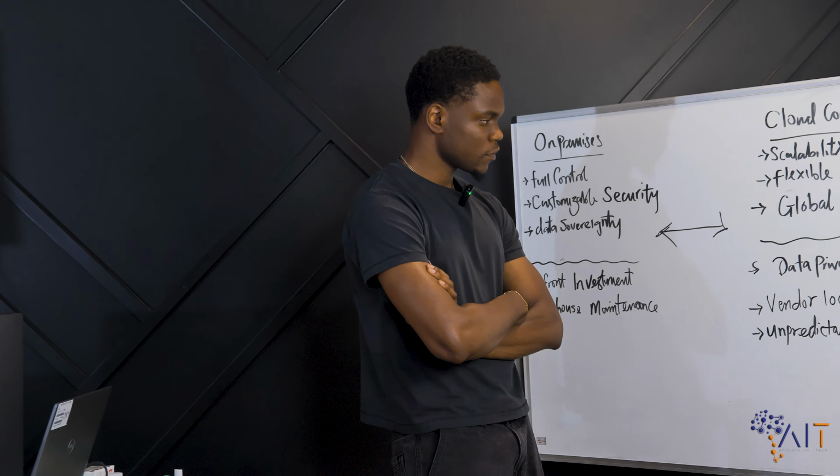you don't necessarily know who's actually tapping into your server. If AWS gets compromised, you may not find out about it until 10, 15 days later when your data is already gone. Whereas on-prem, you know exactly what's happening. Well, for the most part, if you have the right security controls.